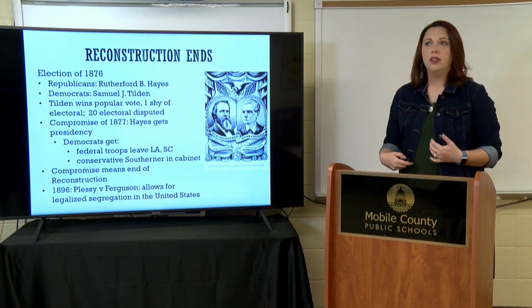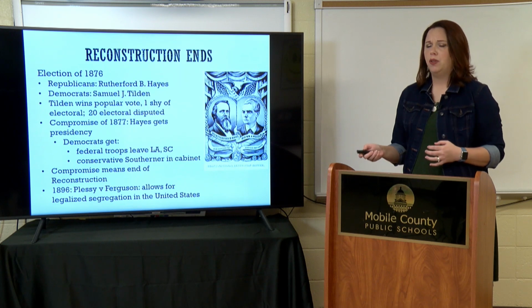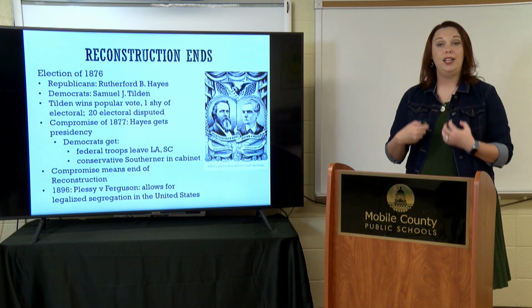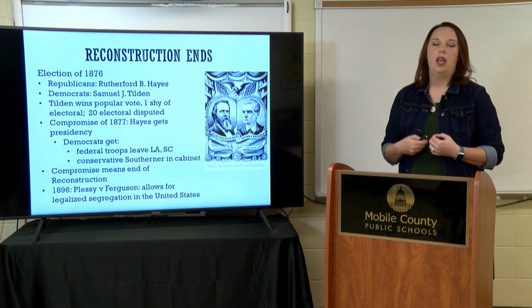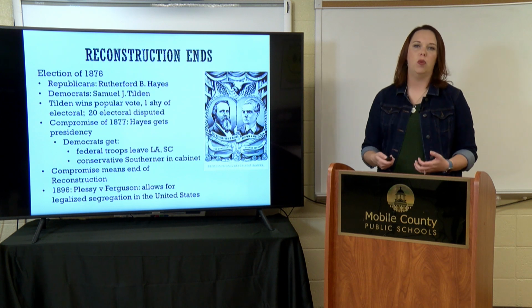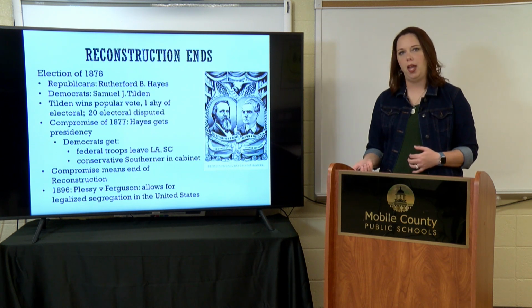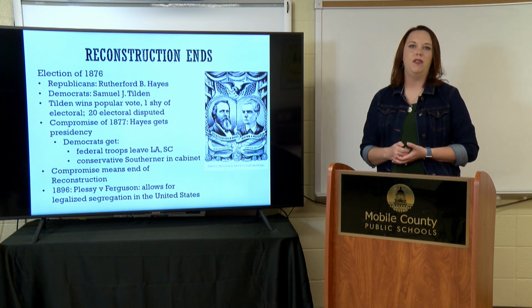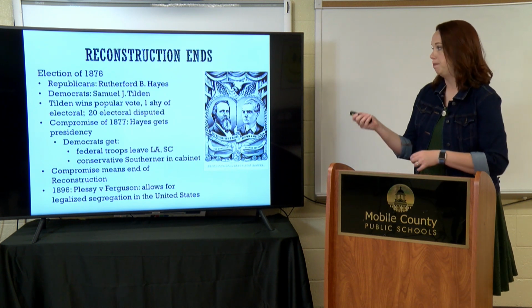So guys, that's Reconstruction. Positive things will happen during Reconstruction, like I said, the 13th, 14th, and 15th Amendments. But again, as Reconstruction fades in the South, and of course, we see court cases like Plessy versus Ferguson come in, a lot of these rights of African Americans are going to be infringed upon, and it's going to lead to another battle, of course, that's going to culminate in the 1950s and 60s with the Civil Rights Movement.